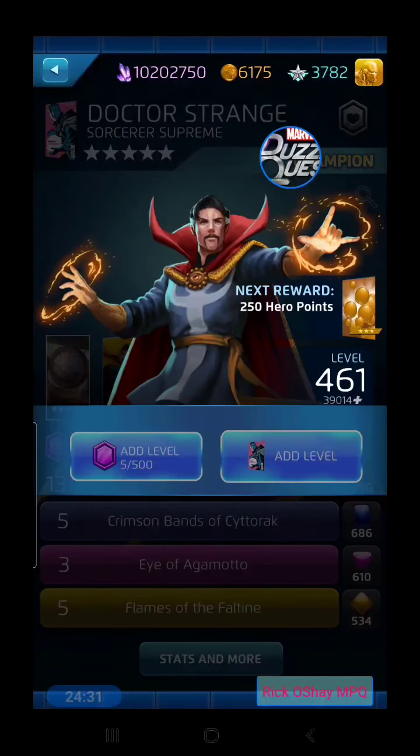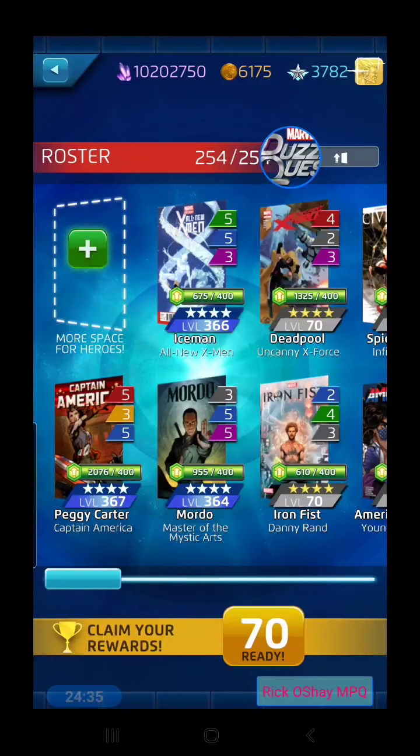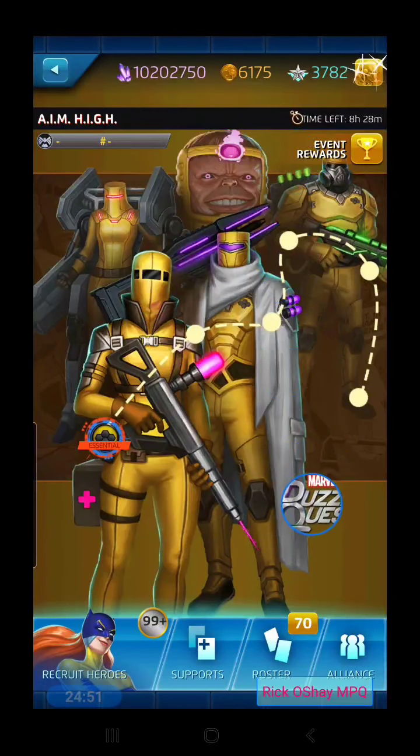Awesome. All right. That's it. Let's get back into the action. That took a whole lot of time, but well worth it. We're over 3,780 command points now, and should be easily on the path to over 4,000 by the time we do draws. Cool. All right, so let's take on the AIM High event and